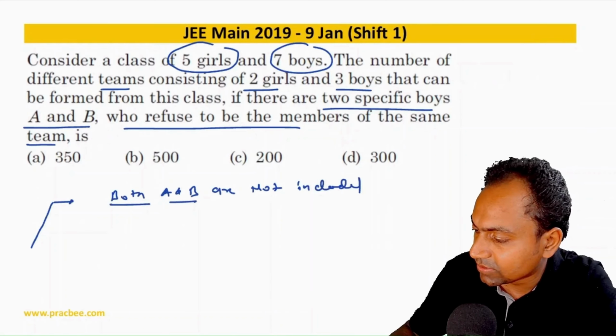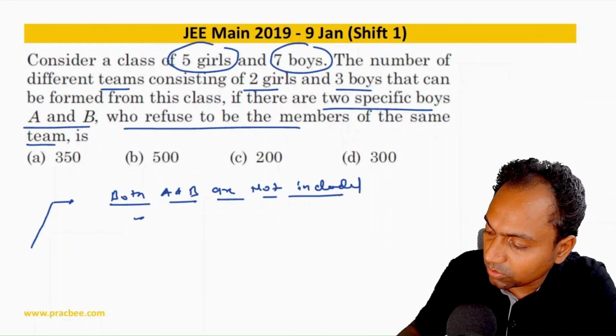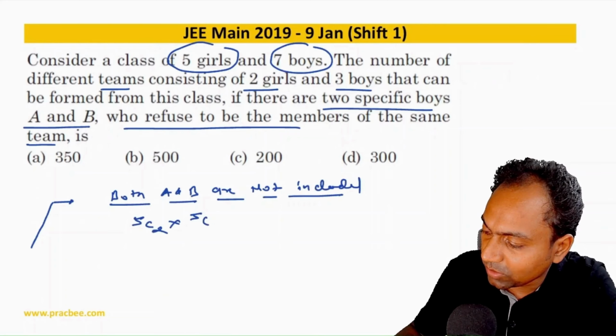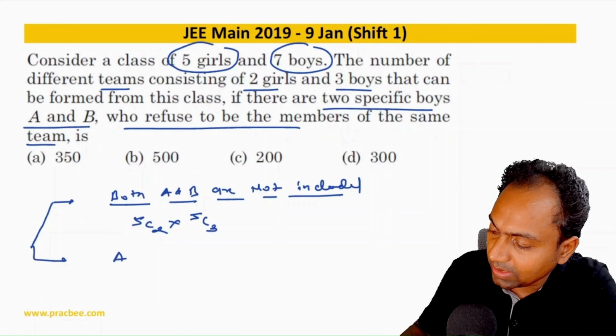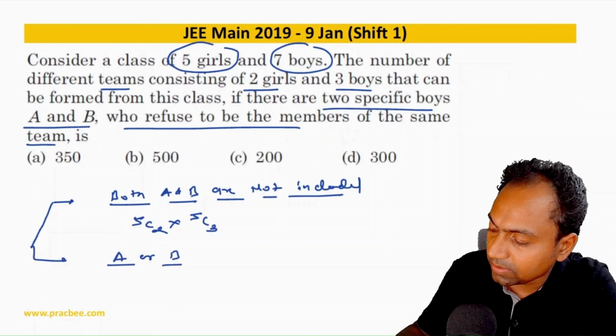This is my case 1. So what I can do is, out of these 5 girls, I can take 2 girls. Out of the remaining 5 boys, I can take 3 boys. Another case could be A or B, but not both,